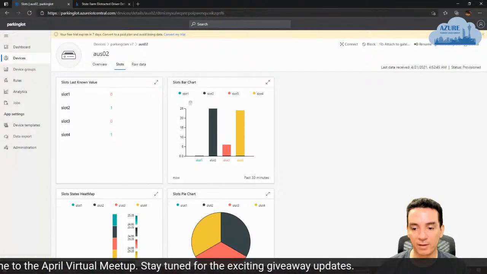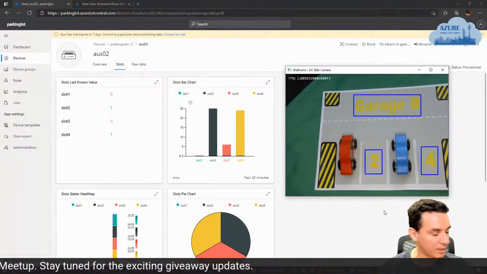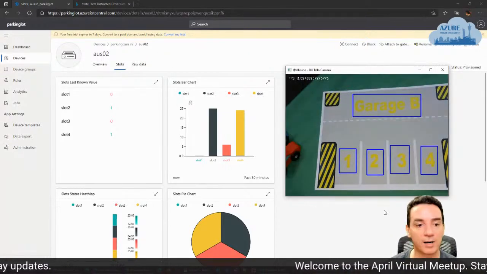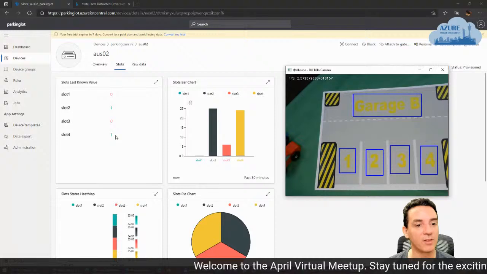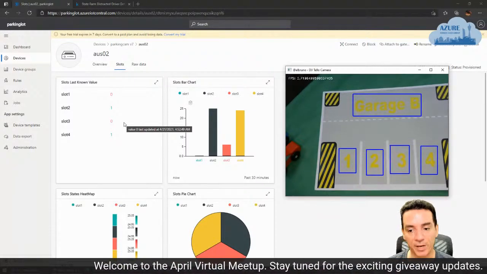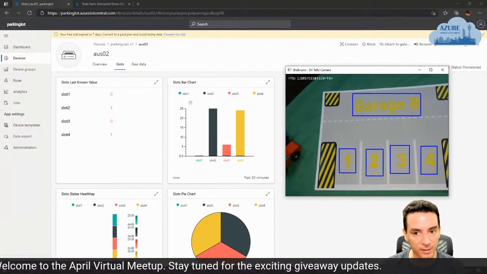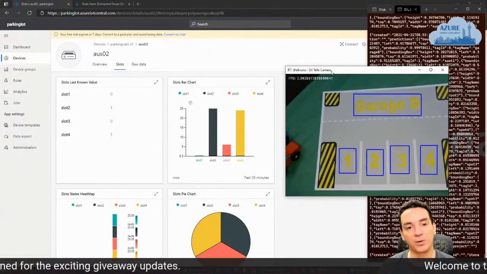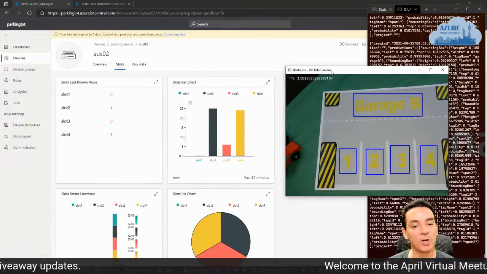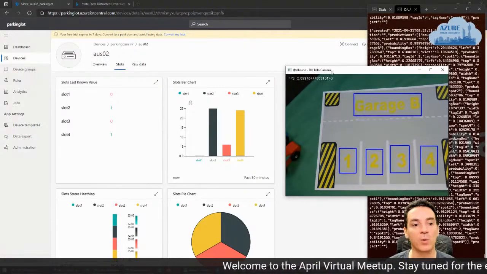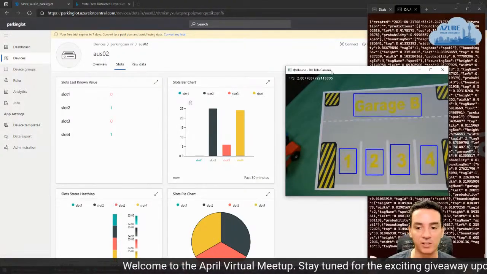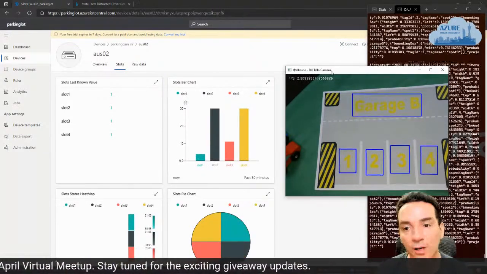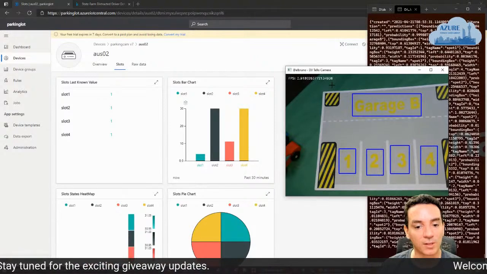I have my view here. And just as a sample, I will move this car out, move this car out. So no cars here. And at any moment, I will have the 3 slots here completely free, because in the back, this is still sending information. As I mentioned, it refreshes every couple of seconds, but we already have a dashboard where we can see how this is working. And by the way, this is very simple. There it is, everything is green. You can create your own dashboard, you can create your own stuff.